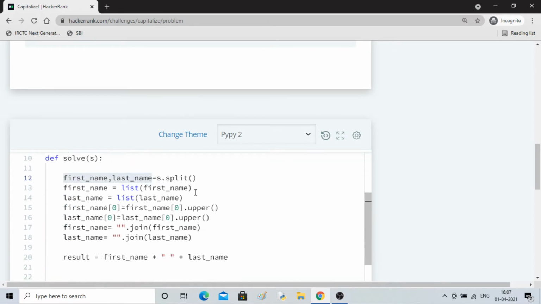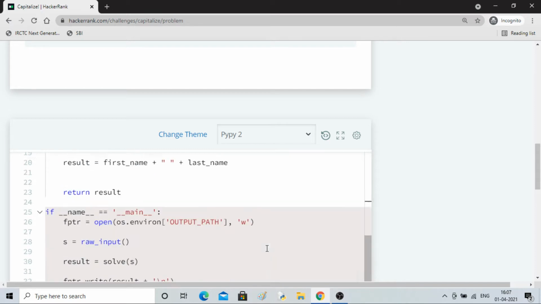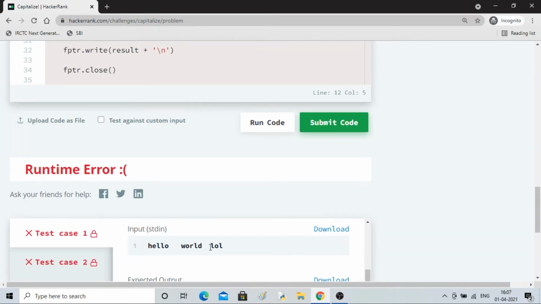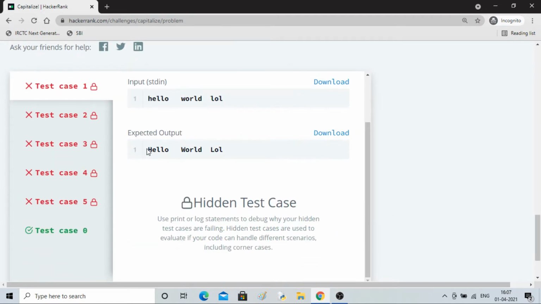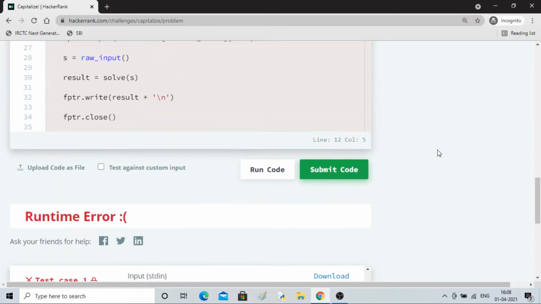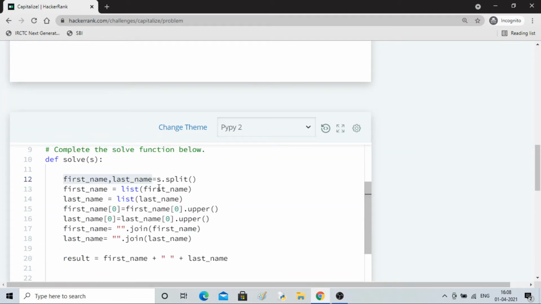So first thing is, we have not considered other names, maybe a middle name also comes, or they can put any number of variables, right? They can also put M, N, E, R, P, Q, S, something extra also. So for everything we have to take the first guy and capitalize it, but we are doing it only for first name and last name. And plus we have to also bother about the spaces, so this approach will not work.